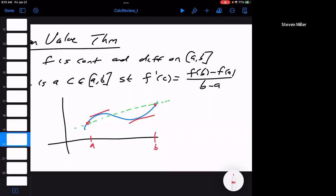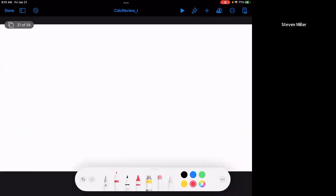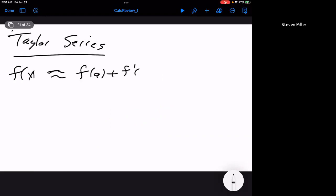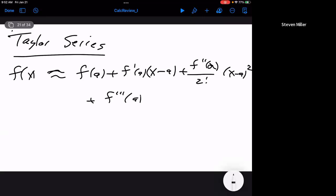This is similar to how we were approximating the function. We use stuff like this to form what's called Taylor series. The idea, or the hope, is that f of x should be approximately f at a plus f prime of a times x minus a, plus f double prime at a over 2 factorial times x minus a squared, plus f triple prime of a over 3 factorial times x minus a cubed, and so on and so on and so on. And we choose this such that if we take the derivative,